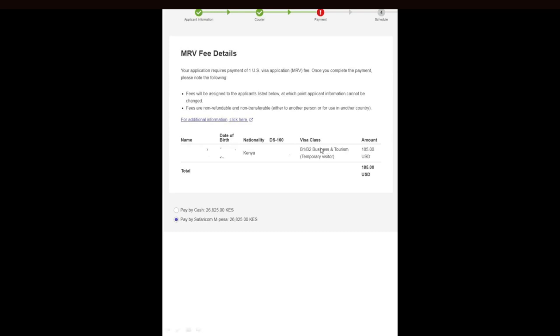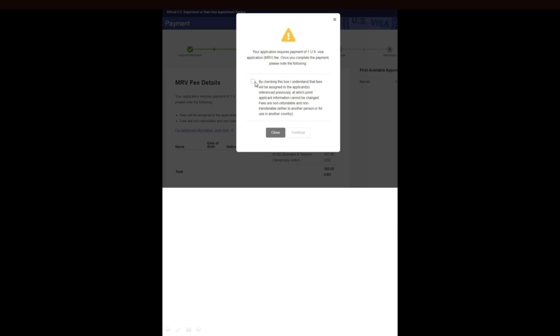For those who have already applied when it was 160, the amount will not be added, but for the newcomers, they will find this amount in the process. So for me, I have chosen Safaricom as my mode of payment. In this case, I'll proceed and tick here, and I continue. Then from there, I'll click on download the